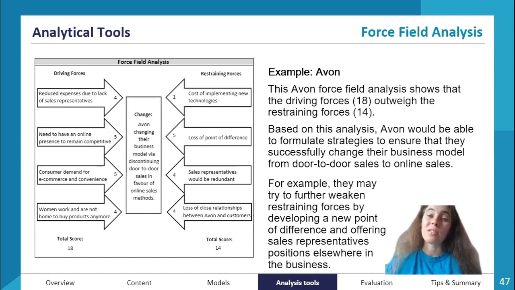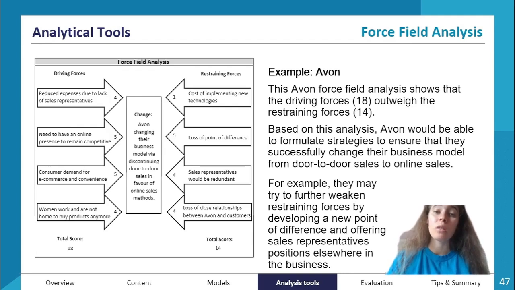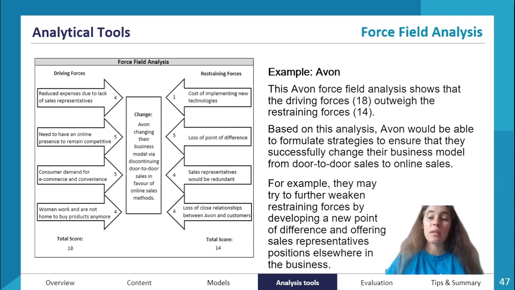Basically, what you decide just needs to be reasonable and justifiable. So just give it some thought and be logical in the scores that you give. So based on this analysis, Avon would be able to formulate some strategies to ensure that it successfully implements this